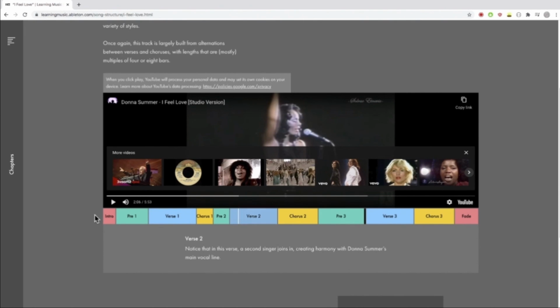So I hope you've learned a little bit there about song structure, and it is a really important part of making a song, and the main thing to take away from it is just to bring things in and bring things out to keep the audience interested, and make sure your choruses have lyrics that repeat, that are easy to sing, and that have an impact and that stick in people's heads.